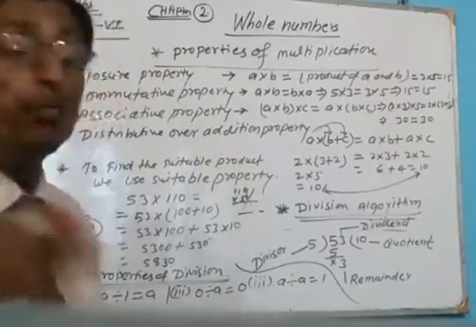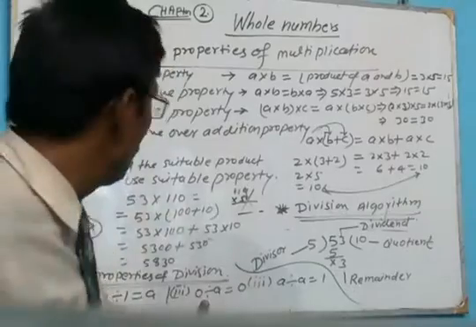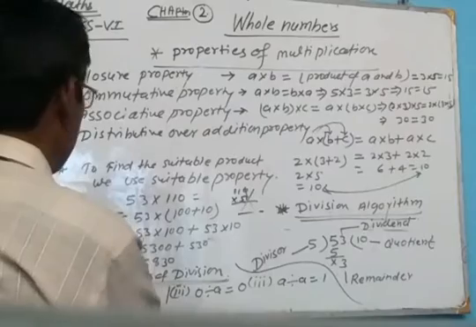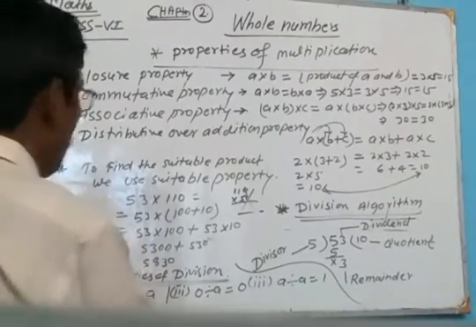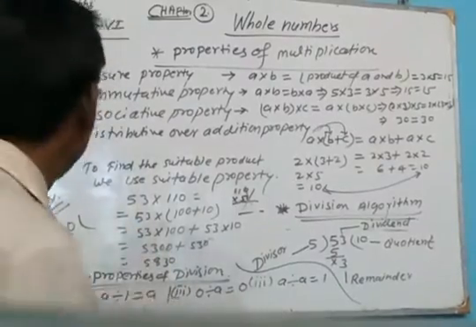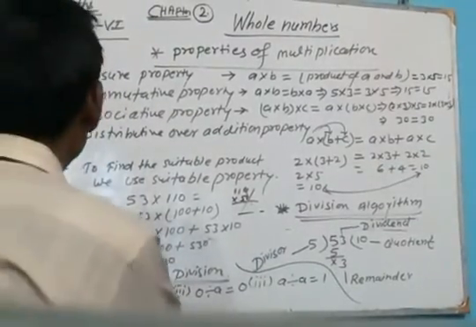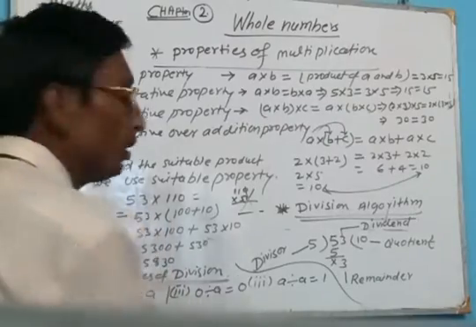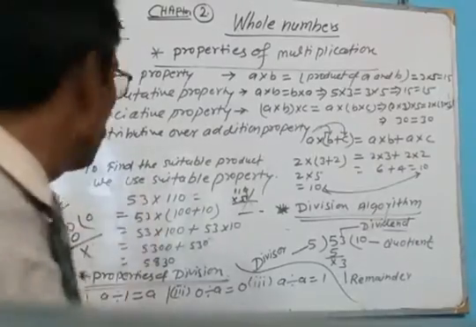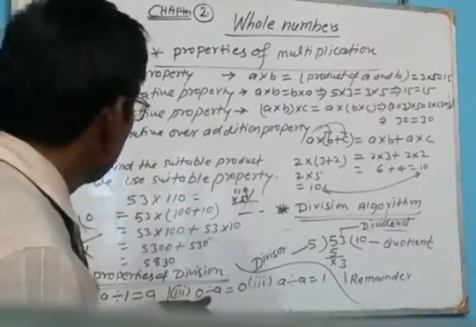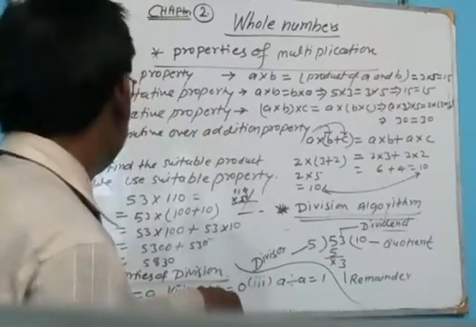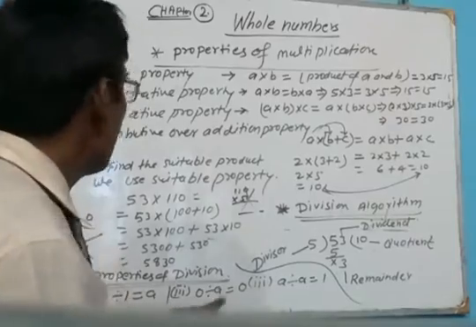Then comes the second property. Here we have the number 0 and 0 is divided by any number. Like this, we multiply 5 by 0, then the quotient will be 0, and when we multiply 5 into 0, we get 0. And after subtraction, it cancels out and we get the quotient 0. So it is the second property. So when 0 is divided by any particular number A, we get the result 0, that means quotient 0.